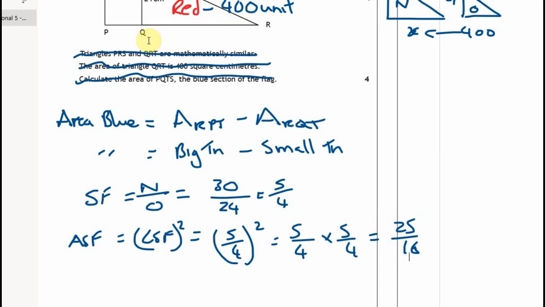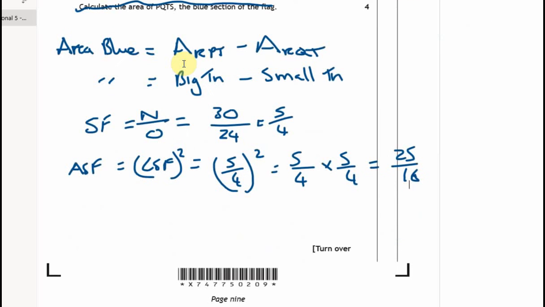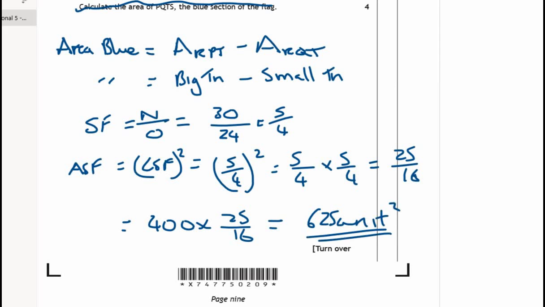Then how would we possibly work out the area of the blue one? Well, we take the area of the red one, so we would do our 400 times 25 over 16, and that's going to give us the new area. Okay, so if we stick that in our calculator, that is going to give us 625 units squared. Yeah, so then what's our final area? Well, it's 625 take away 400, so that's going to be 225 units squared. Okay,